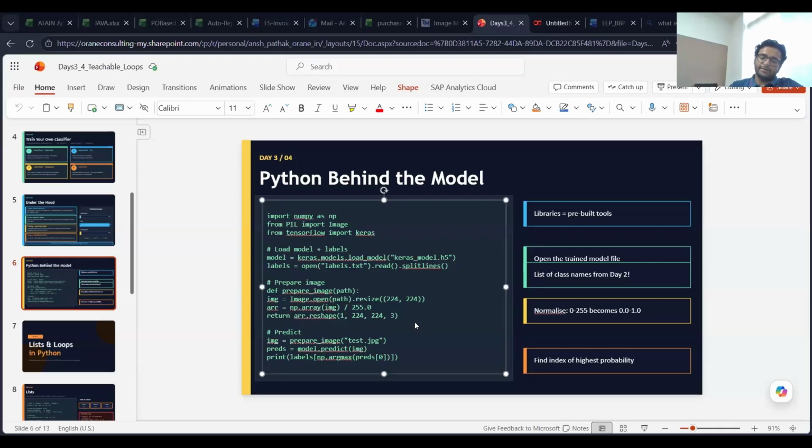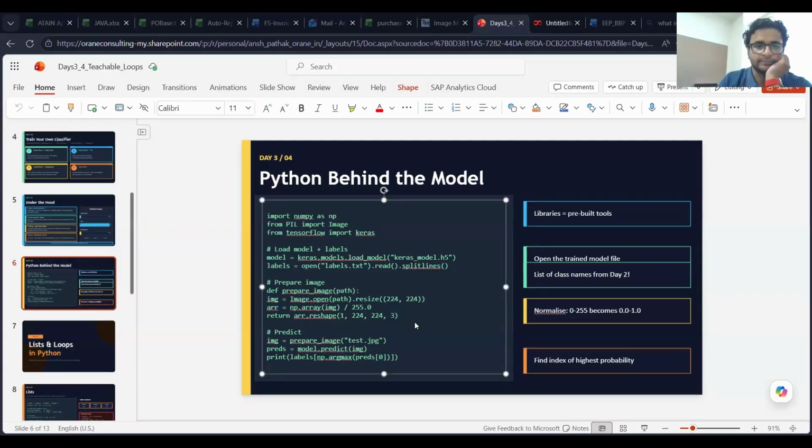We're just defining a Python function which takes image path as an input. The second line, img equals image dot open. Image is a function here, not a variable, right? The function that we just imported from PIL, from the first part of the code.